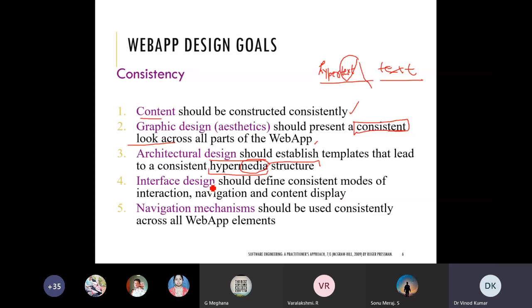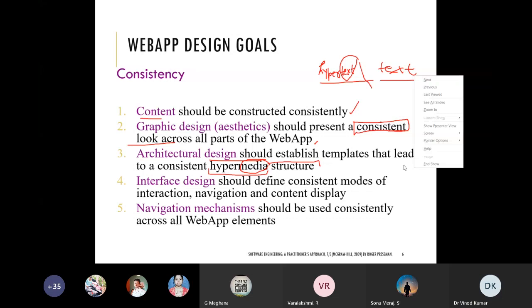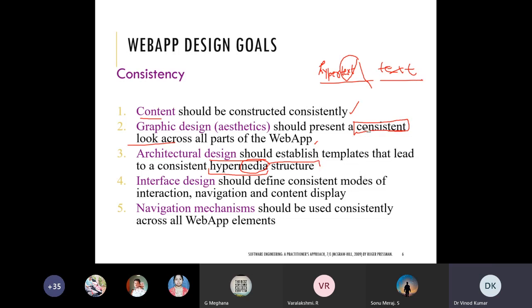Whatever web you are having, definitely you need to have one interface. Interface is the point of interaction for the customer with the system. He will only interact with that. So the interface should define a consistent mode of interaction, navigation, and content display.